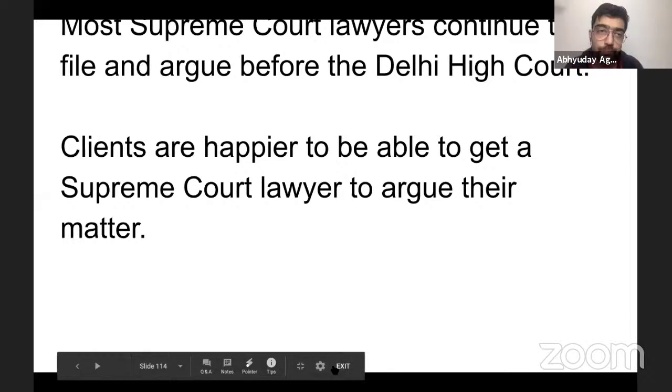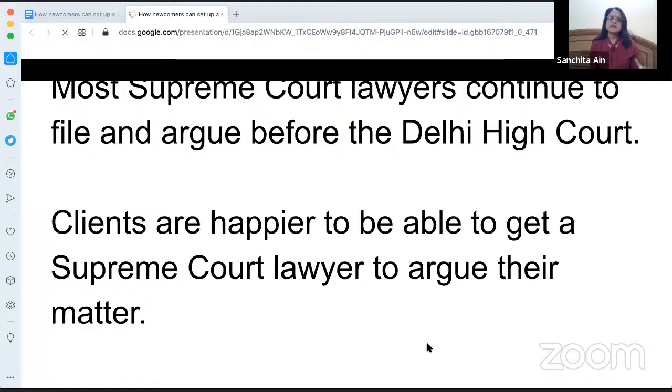So the thing is, a trial court lawyer definitely has some advantage to the extent that they get to deal with the procedural aspects in a manner that a Supreme Court lawyer does not get, right? A Supreme Court lawyer does not, for example, cross-examine a witness. So what are the intricacies involved in cross-examination? If there is something that is only procedural in nature, that relates to the practice of a trial court, then only a trial court lawyer would know that.